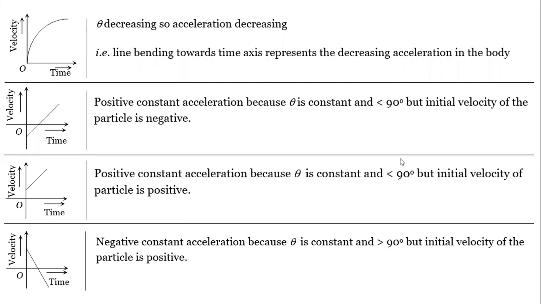Shaurya, tell me. That means if theta is greater than 90 degree, it will be negative? Yeah, theta more than 90 degree is negative. Theta less than 90 is positive. Yes, Shreyas, it is the same as negative acceleration. Ayush, the second last graph shows a certain velocity and it is accelerating because the angle is positive.